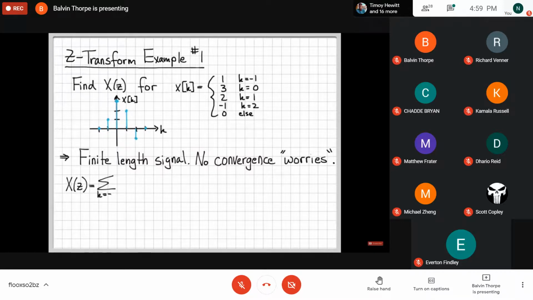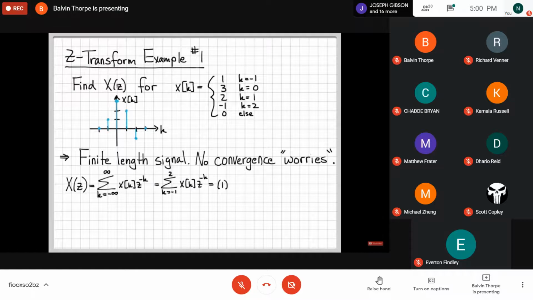So let's go ahead and compute the Z-transform. By definition, the Z-transform is the sum from k equals minus infinity to infinity of our signal x of k times z to the minus k. For our particular signal, almost all of the terms in this infinite sum are 0. The only terms that aren't 0 are at k equals negative 1, 0, 1, and 2. So I can simplify my limits quite a bit, from k equals minus 1 to 2. I haven't changed anything, because I just have zeros outside of here, but this simplifies the limits quite a bit. And now, since it's such a short list, I'm going to write out each term.